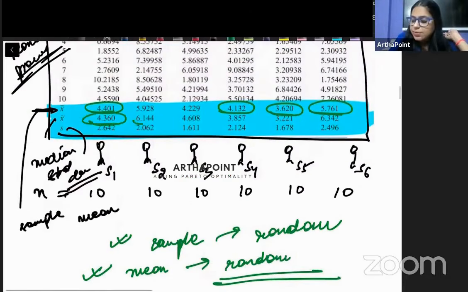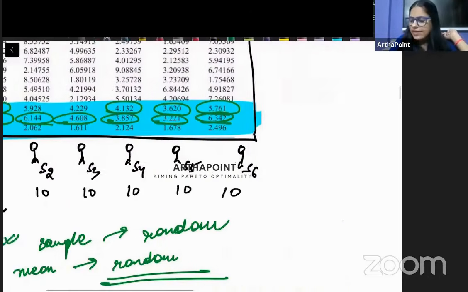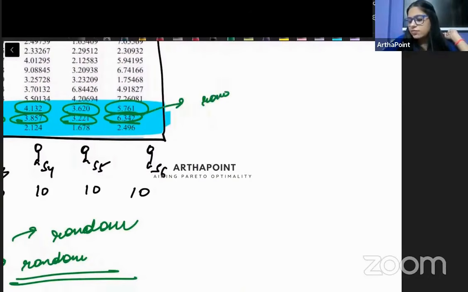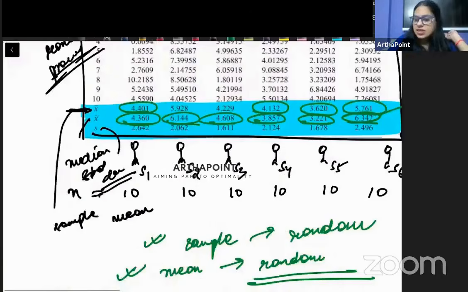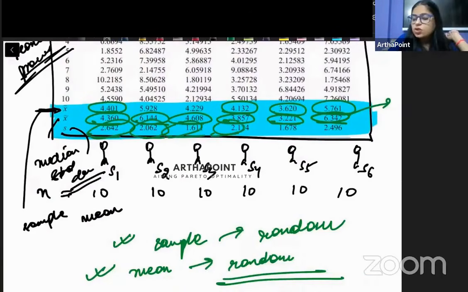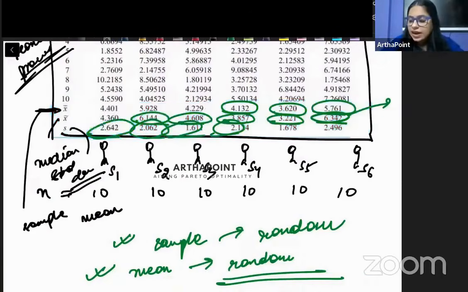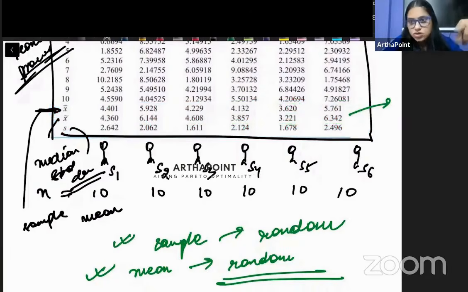ऐसे आप देखो कि sample mode का भी जो अलग-अलग sample के mode आ रहे हैं, they are also very, very different. And therefore we can say that this is also a random variable. That's also a random variable, and same is the case with sample standard deviation. तो हम ये बोल सकते हैं that ultimately not only sample values differ from one student to another, ना ही सिर्फ sample random values से बना हुआ है, but sample का जो mean आ रहा है, mode आ रहा है, standard deviation आ रहा है, वो भी अपने आप में randomized हैं. They are also random in nature.